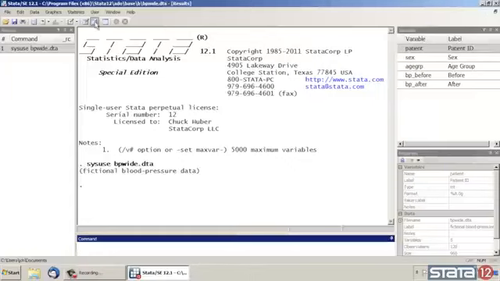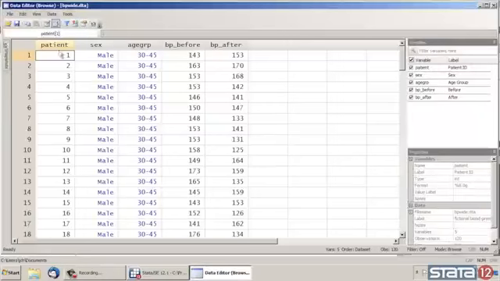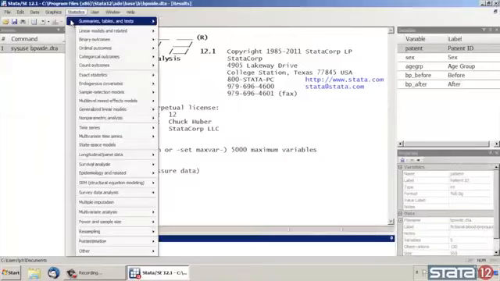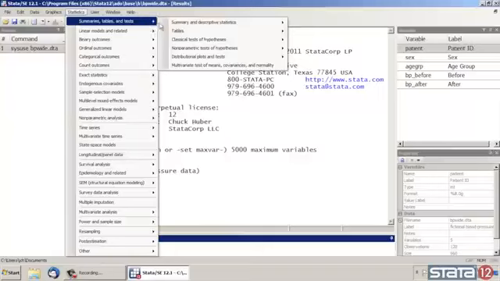So let's take a quick look at the raw data in the data editor. So click Data Editor Browse, and we have in this data set patient ID, sex, age group, BP before and BP after. BP is short for blood pressure here. Looks like systolic. So let's close the data editor, and now let's go up to Statistics, Summaries, Tables, and Tests,